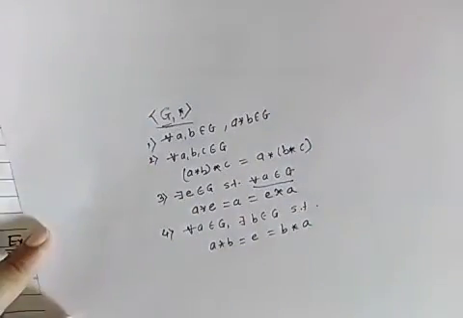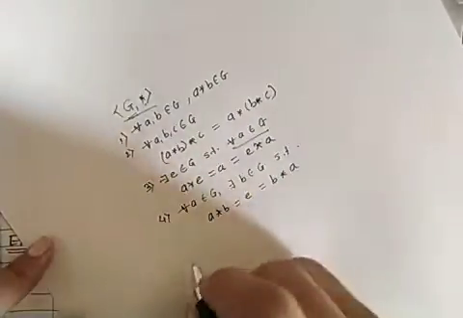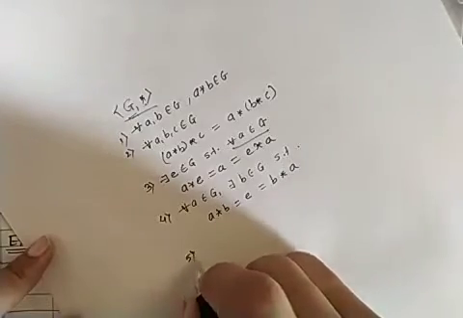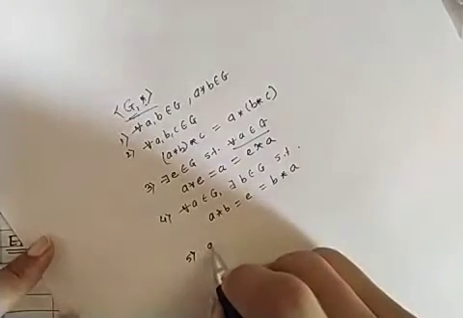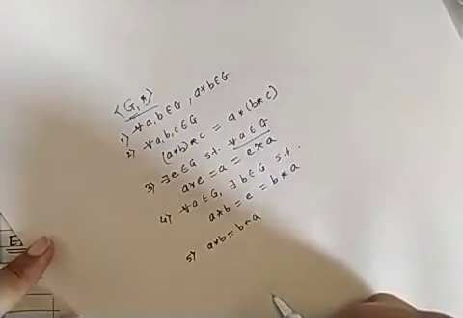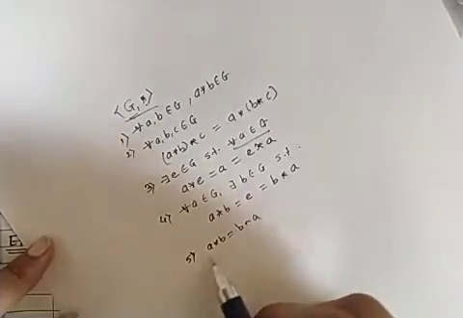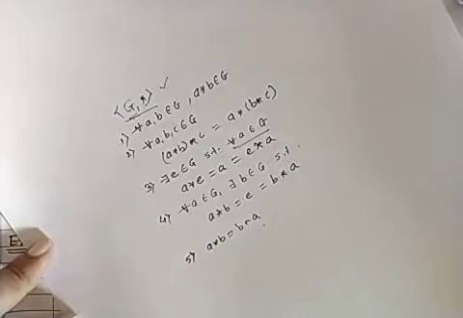And when will this group G be commutative? That is the fifth property. This group will be abelian when we say that a star b is equal to b star a for all a and b belongs to G. In this case, we call the group G with respect to operation star an abelian group.